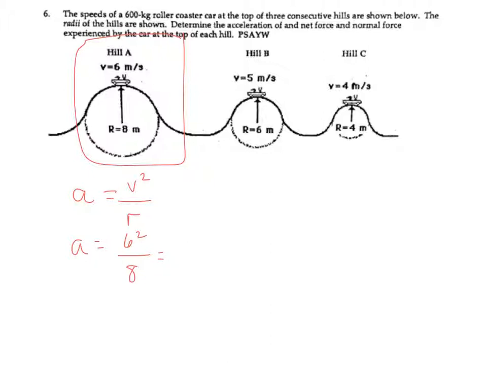And our acceleration comes out to 4.5 meters per second squared. To find the net force, we would do mass times acceleration. So we're going to do 600 times 4.5. And we get a net force of